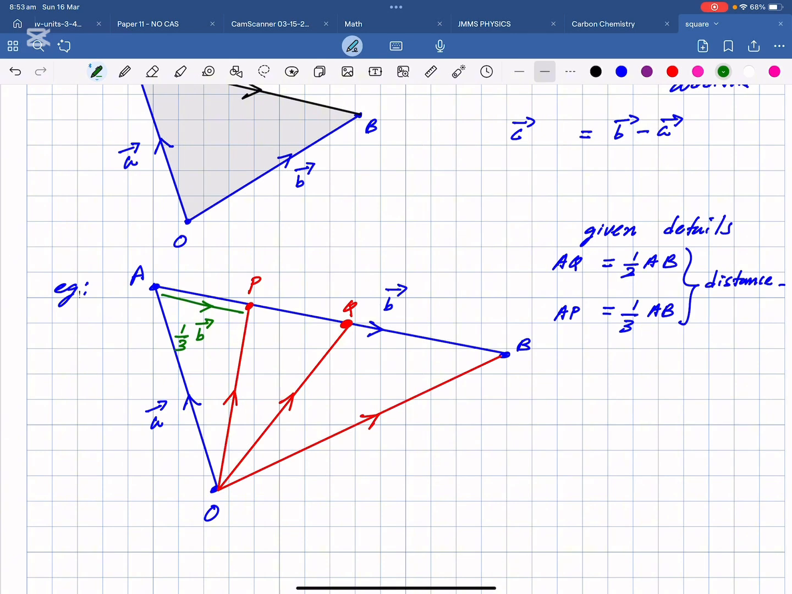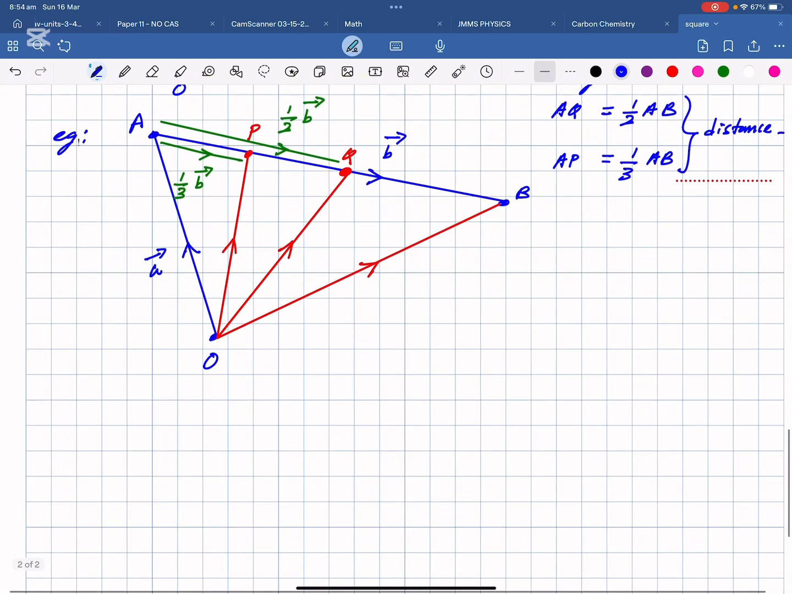What about AQ? This vector. AQ is half, so it's going to be half of B vector. Right? So now,